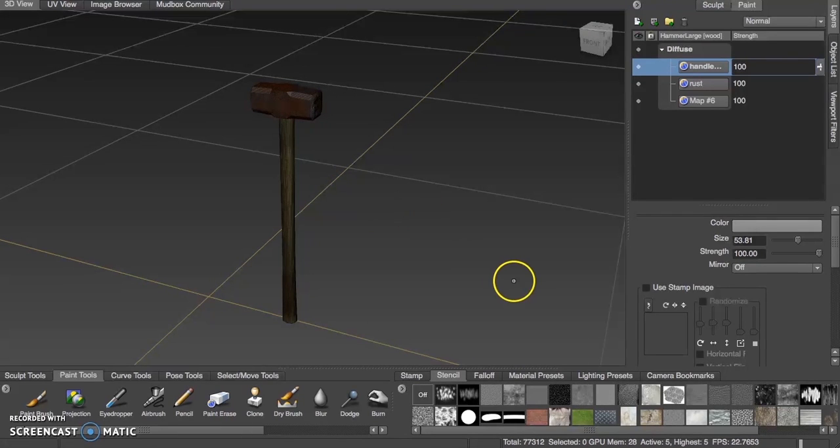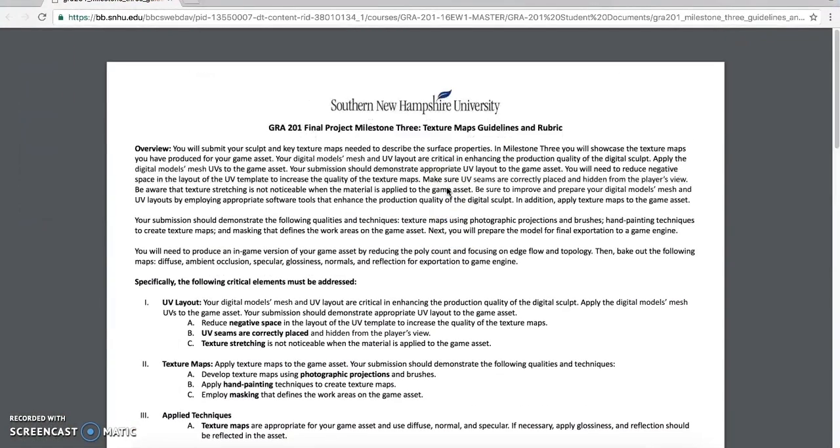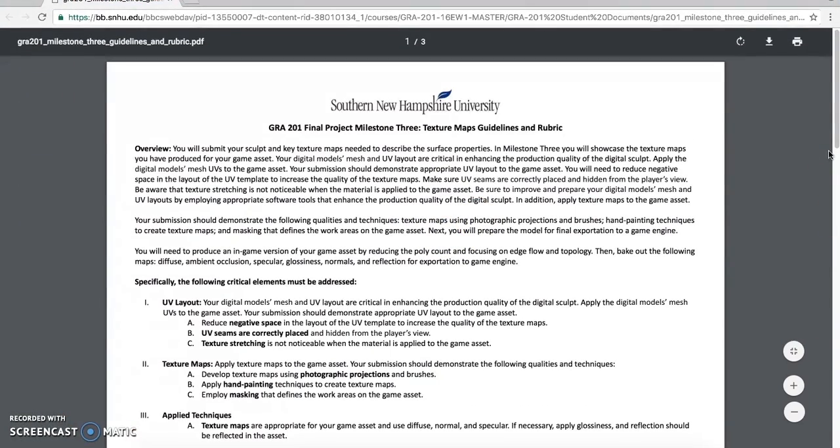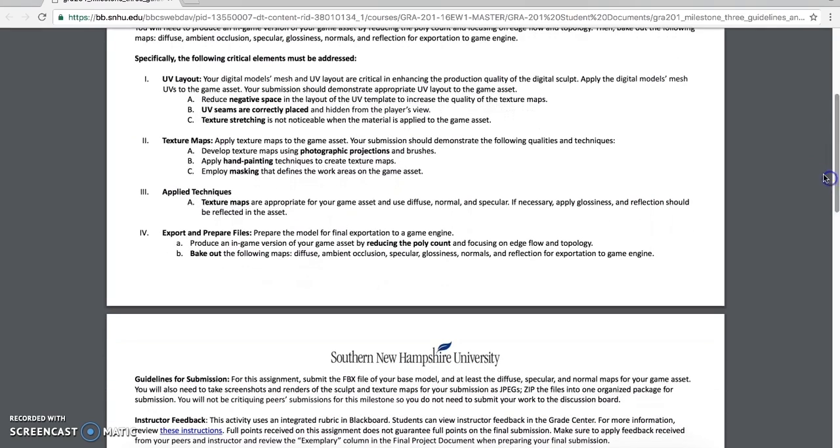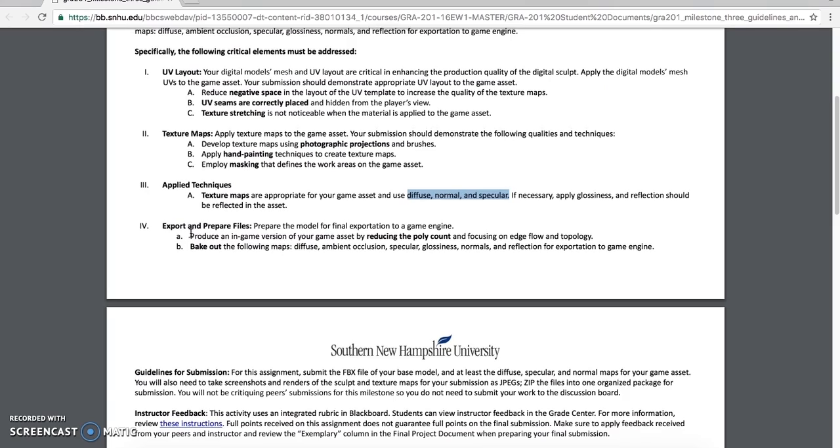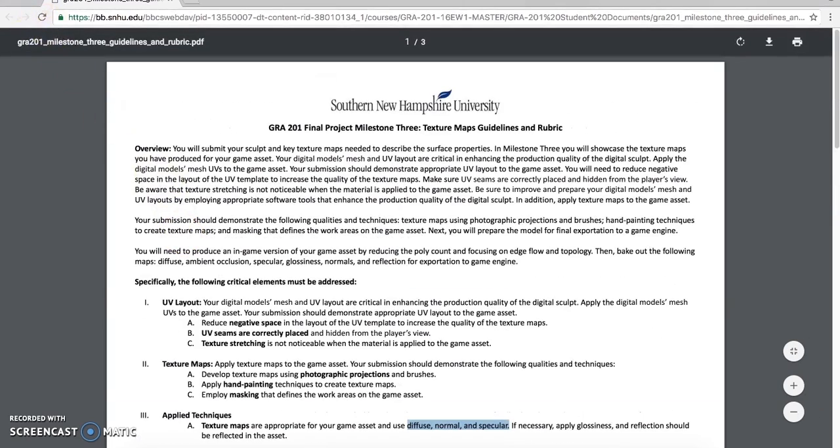Now, if you look at your assignment sheet, the guidelines and rubric for this assignment, we want to pay attention to making our texture maps in Mudbox, using the stencils, applying your own stencils, painting, hand painting, bringing in photos. And then we're going to look at the diffuse, normal, and specular maps. Feel free to do more than just these 3, but I will be looking for and requiring that these 3 are there. You're going to export your texture files and put them back on your low poly original version in Maya